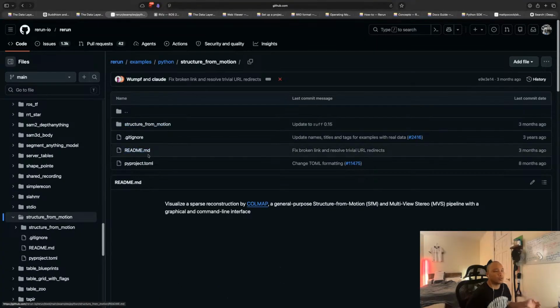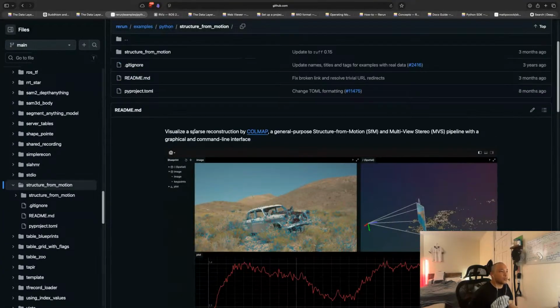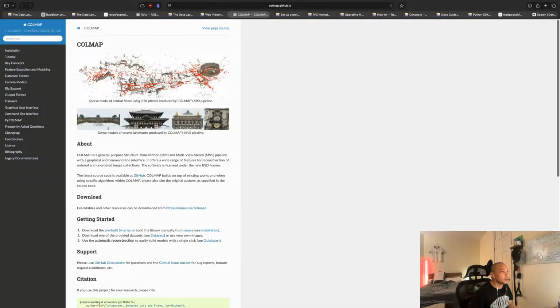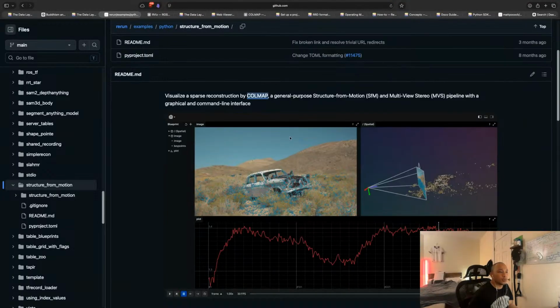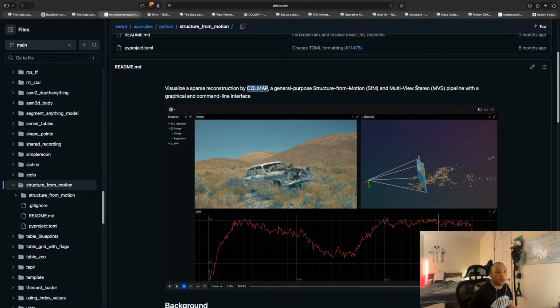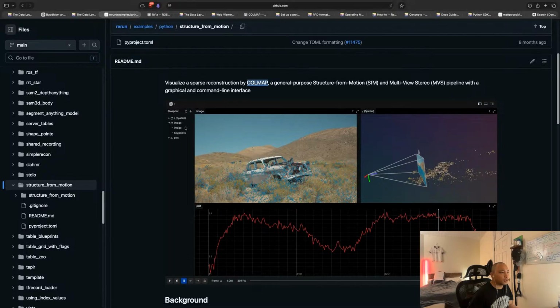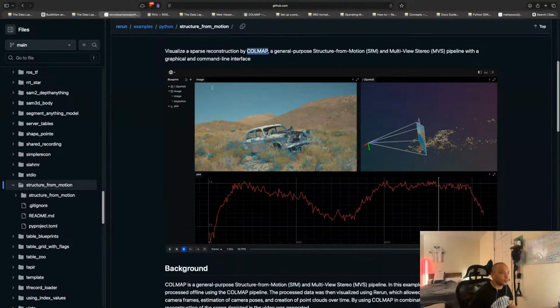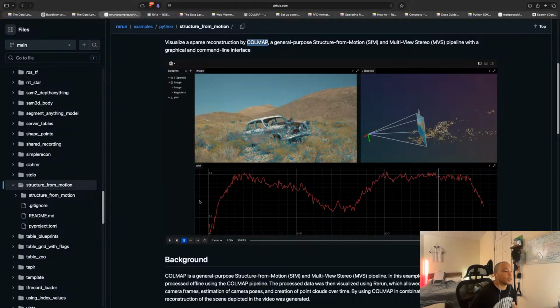Structure from motion. Right, visualize a sparse reconstruction of COLMAP. Sparse model of Rerun. A general purpose structure from motion and multi-view stereo pipeline with graphical and command line interface. And so you have the image, and you have the spatial view, and then you have the plot of what's happening.